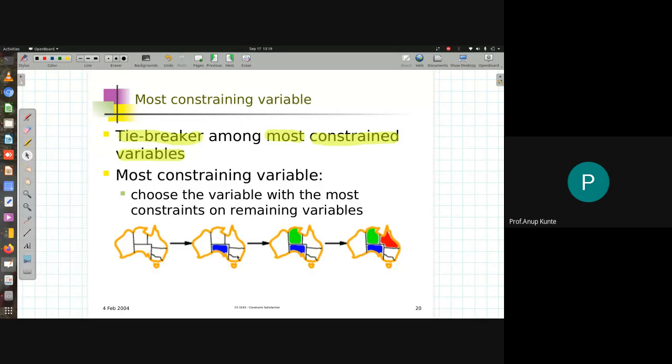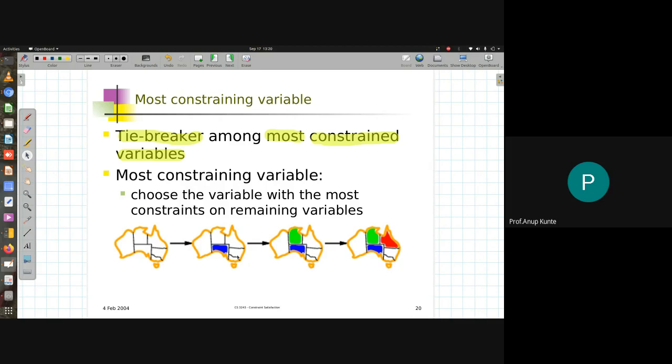So that's the place where I have an issue if I'm using this particular thing. There must be some way to do the tie breaking, and that is the next thing that you can have in the algorithm as a modification. We are not going to talk about it in much detail, but there has to be some strategy to do the tie breaking in such a scenario. That's the whole idea about how I can improve my backtracking algorithm to improve its time efficiency.